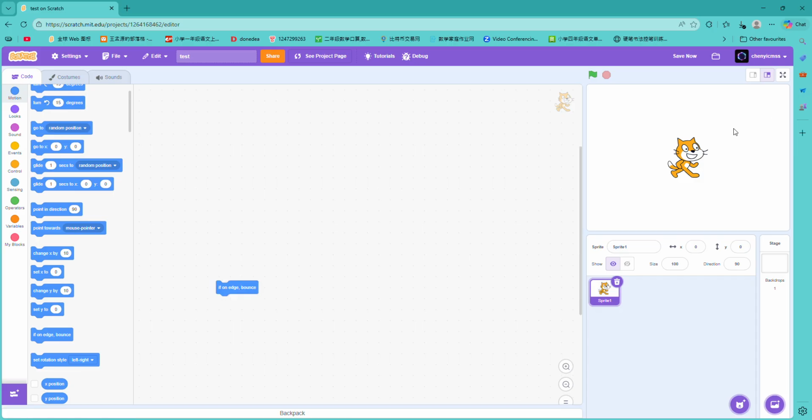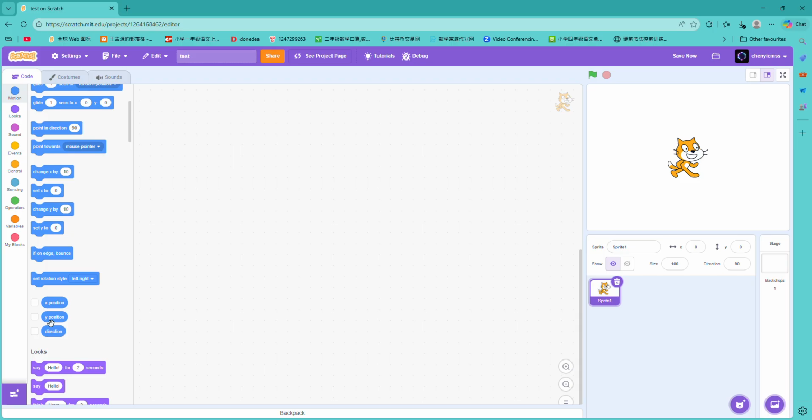Okay, if on edge, bounce. Imagine sometimes it gets very annoying when your sprite just clips to the edge. If on edge, bounce just bounces it back into place. Yeah, this can be useful. I use this in a lot of my games. This set rotation style is like just